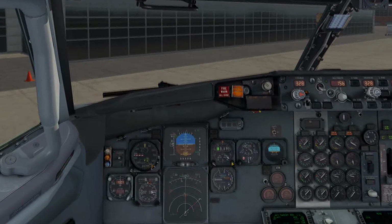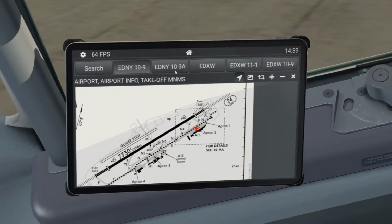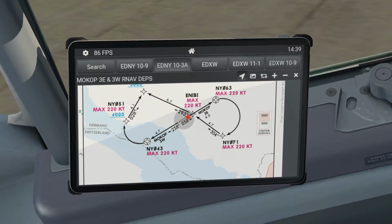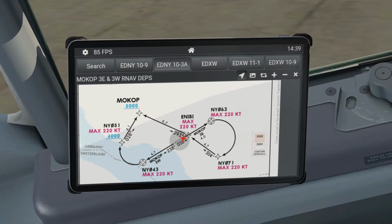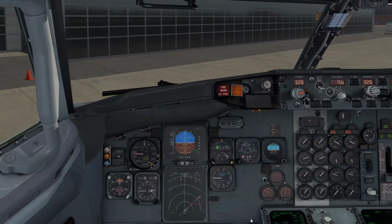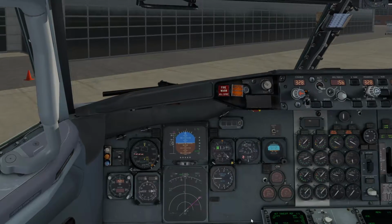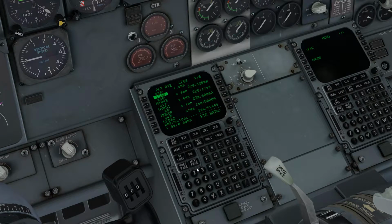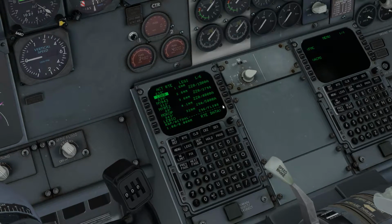Okay, 1 minute till the IRS. Right, now the IRS has become aligned. We'll show you our route as we leave. So for the mock-up 3 whiskey, we're going to leave out onto the 238, and then we'll make a right turn to the 028, which will be 5,000 at mock-up, max 220, and then we'll get ourselves all around onto our next fix, which we can see from mock-up will be Lebso, and from Lebso be flight level